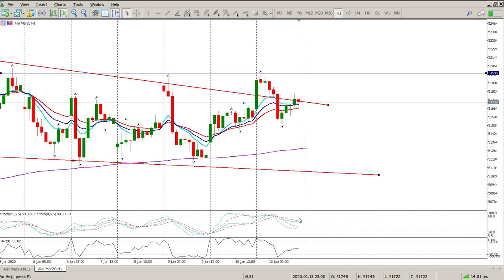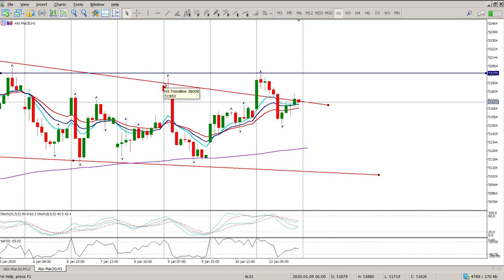But this is what's interesting me here. We've got a crossover happening on the one stochastic and the other one's brewing as well. They are in the middle of nowhere, but these kind of things, when they're far apart like this, regardless of where they are, can be fairly violent. So I suspect